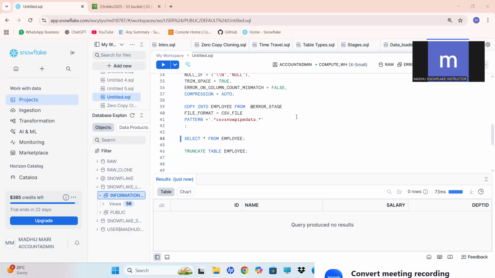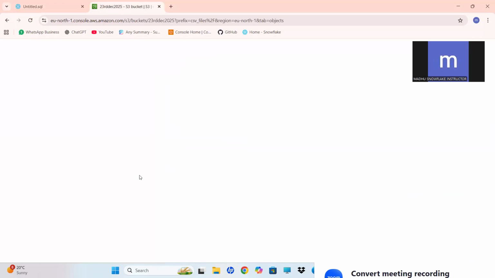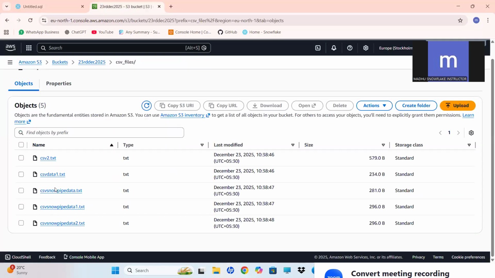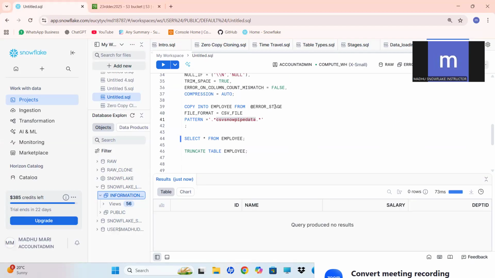So what we need to mention? The pattern is matching, right? Here in these three files we have CSV Snowpipe data. In that scenario, we need to go with the pattern. So the pattern is, for suppose,